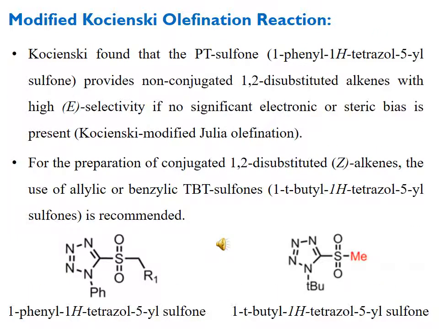The further modification is known as the Kocienski olefination modification. This modification is basically similar to the S.A. Julia olefination reaction we have discussed. The difference is in the aryl group which is used. The group used by Kocienski was PT sulfone, that is 1-phenyl-1H-tetrazol-5-yl sulfone, which was treated, and we obtained a non-conjugated 1,2-disubstituted alkene